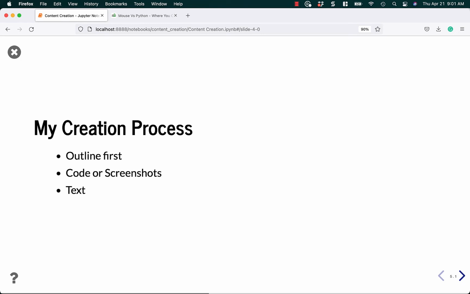So if I want to write code for Mac and Linux and Windows, I want to test it on all three of those platforms. Or if I don't care and I only want to test it on Windows, I just do all of that work up front. Then once I've got the code examples in my article under the headers that they belong under, I have a really good outline, and I can take that outline of headers, code, and screenshots,